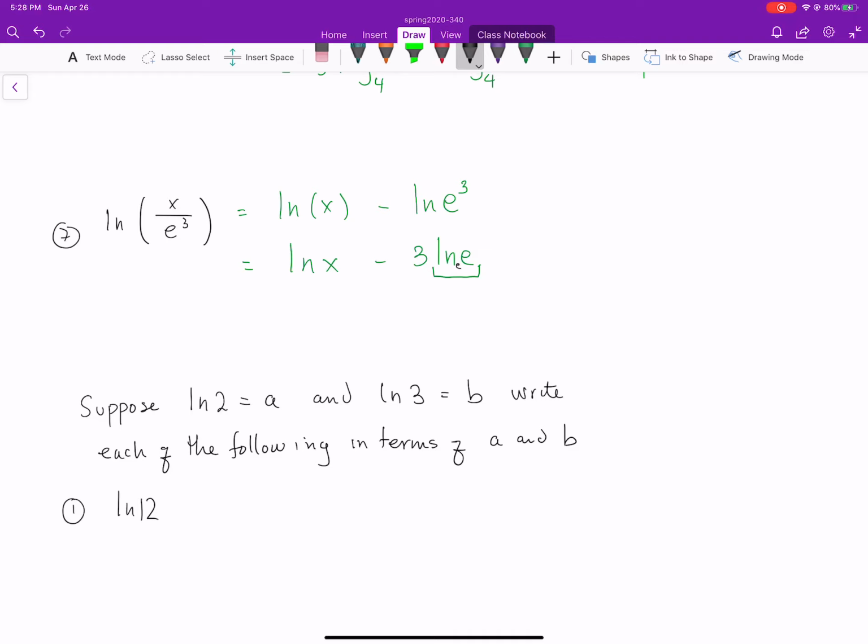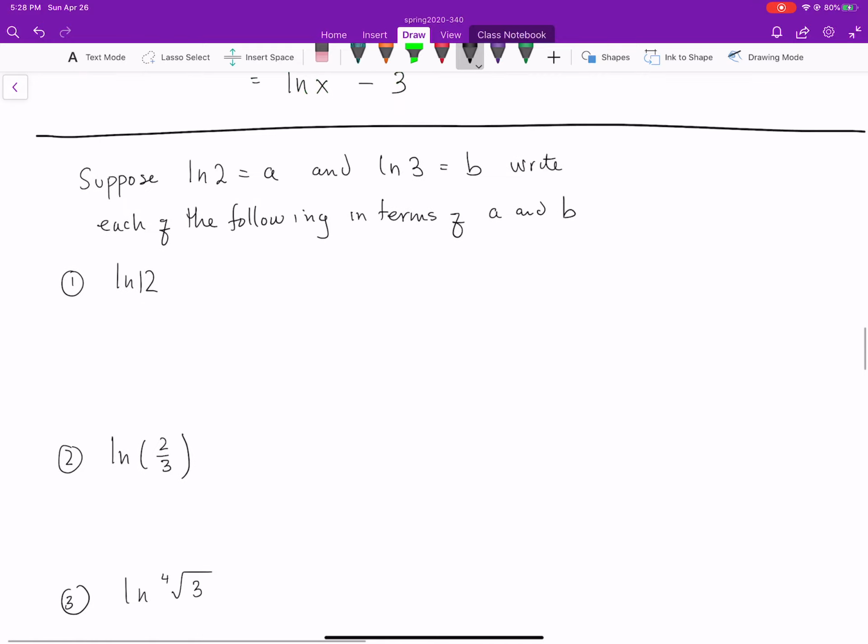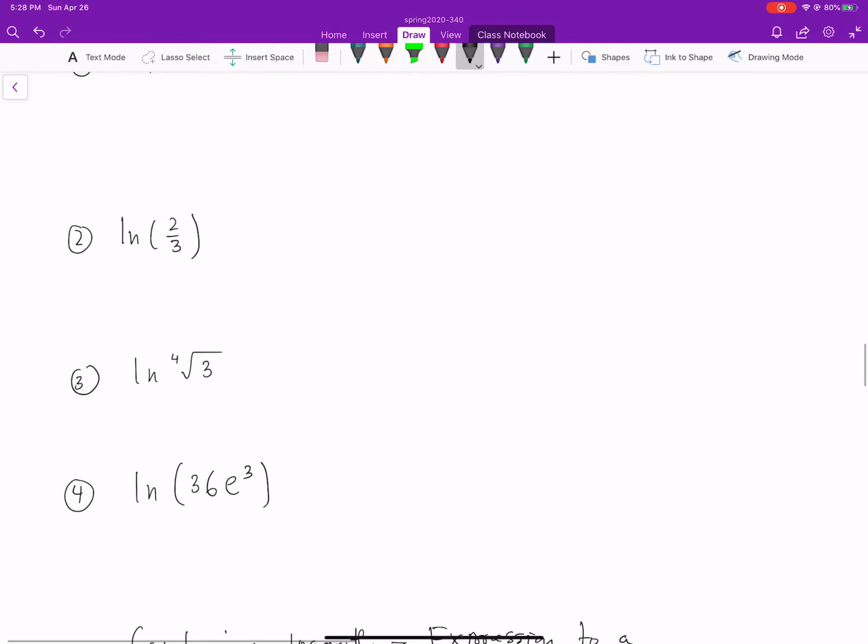That's 1, so this really cleans up itself. ln e is equal to 1, so this cleans up itself to ln x minus 3. All right, so let's look at these interesting questions over here, and there are 4 of them before we move